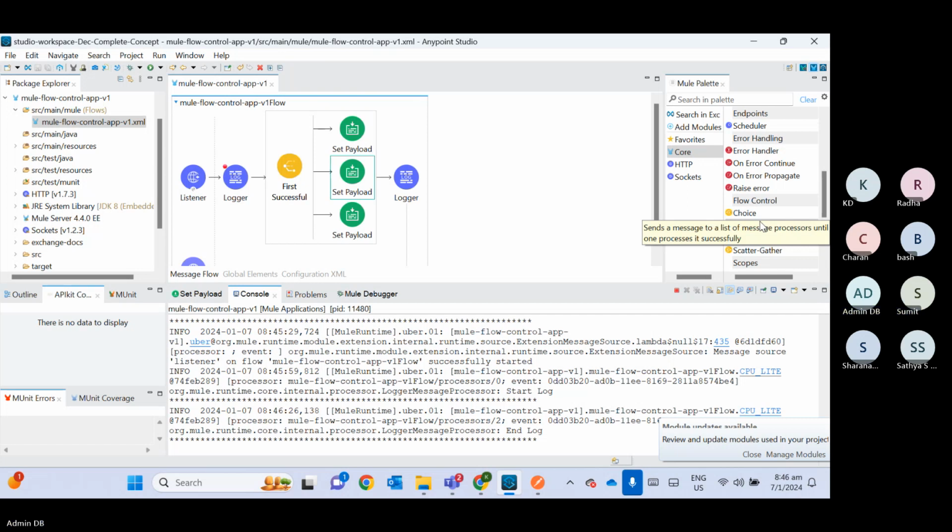One question, Ravi. Yes. What is the use case of this first successful? For choice, there is a condition that we are checking. So here, when does this get used usually? Yeah, this is not a very frequently used router. Even so far, in real time, I haven't used it. But as per my understanding,